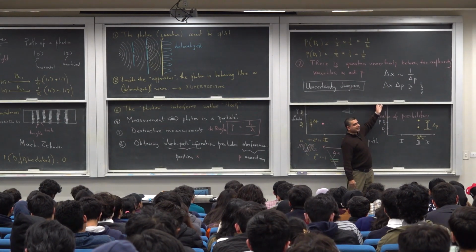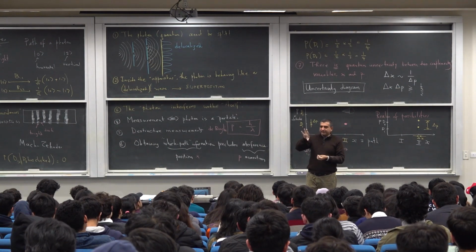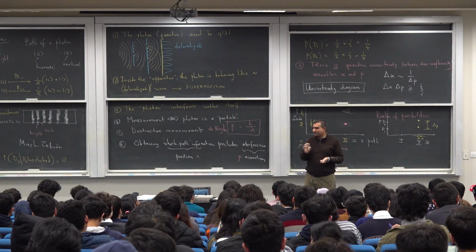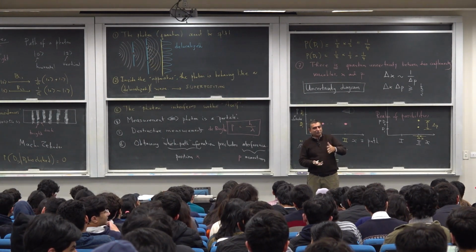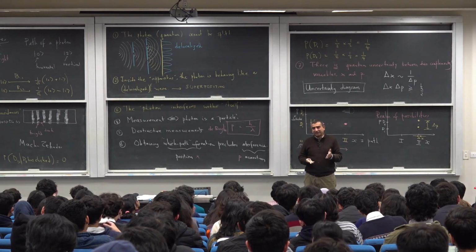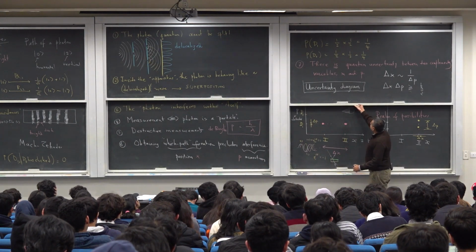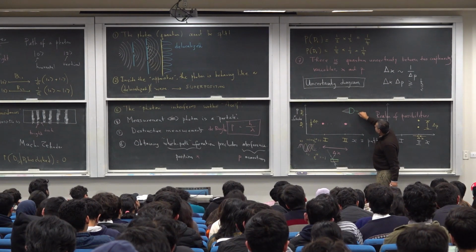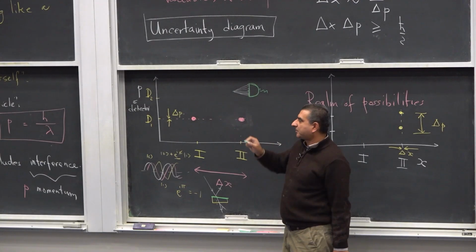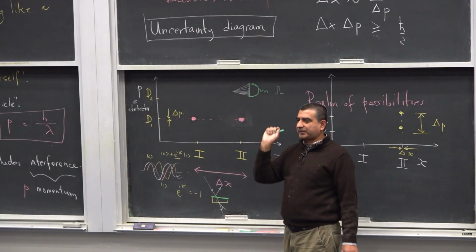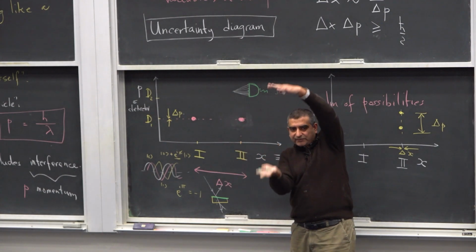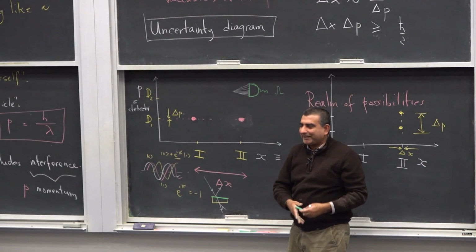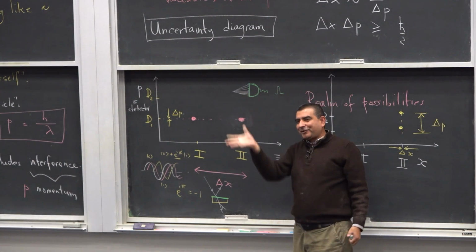Okay, but what's the conceptual answer to this? The conceptual answer is that your detector is a classical object, which means it has some size. It's a macroscopic object. Even an electron has some size. Even an atom has some size. So if you take the finite size of this detector, I've redrawn the detector here, and it is equipped with a wire which goes to an oscilloscope, gives a bleep or a speaker, which gives a click. But this detector has a finite size. And if this detector gives an audible click, then it means that the photon must have landed anywhere on its sensitive area,